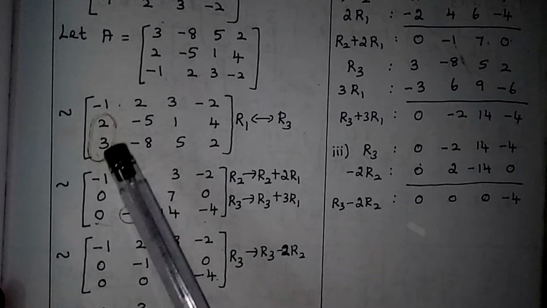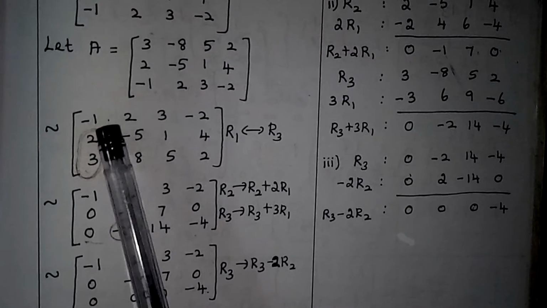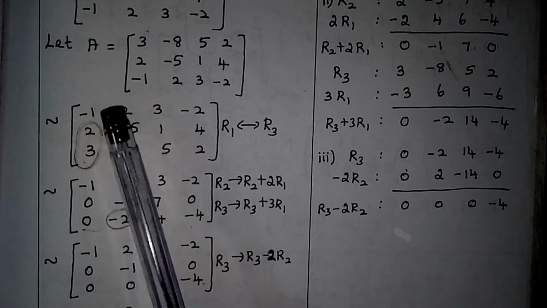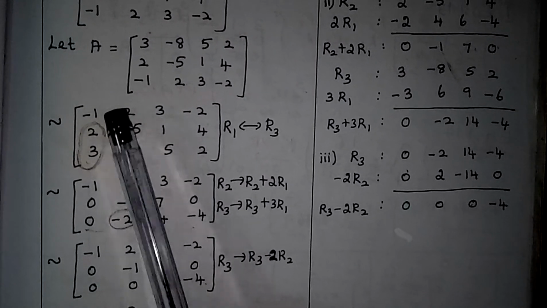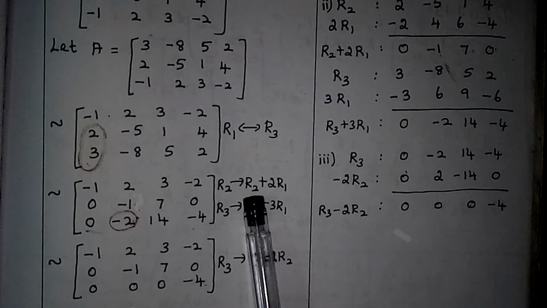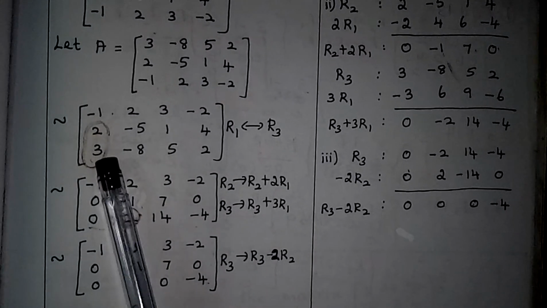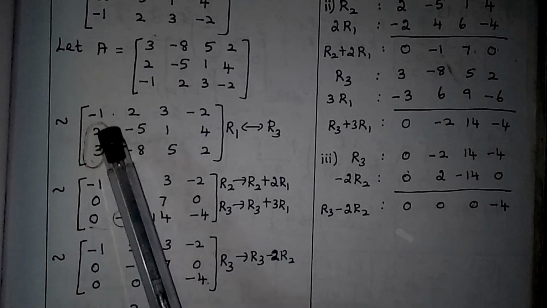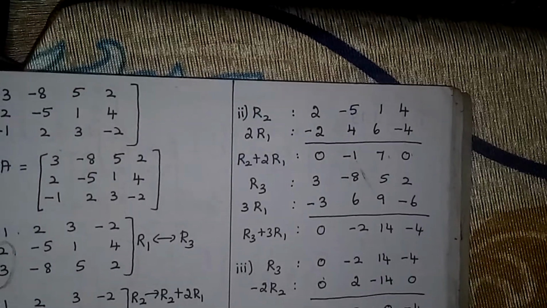Next what you have to do, we have to make these two elements 0, isn't it? The first non-zero element is minus 1. Below that, the terms we have to make 0. So you take R1 for that. 2 minus 2 is 0, so you have to multiply this by 2 and add it. So R2 is R2 plus 2 times R1. Then in the same way, for the next one, R3, how can we do? R3 is R3 plus 3 times R1, isn't it? The calculations are by the side. You can go through that.